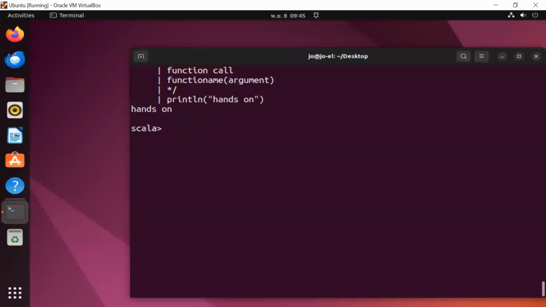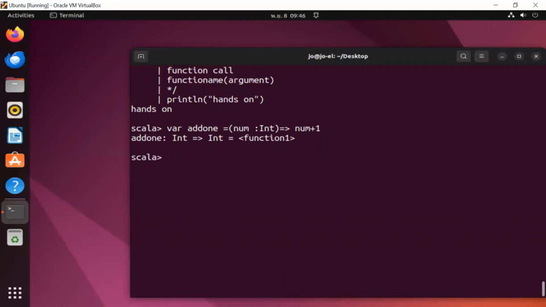Now, let's say we declare a function. We say var add1. This is the function name. We want to pass one argument, let's say num, and I declare the type: an integer. And I pass the arrow function here, and I say num + 1.